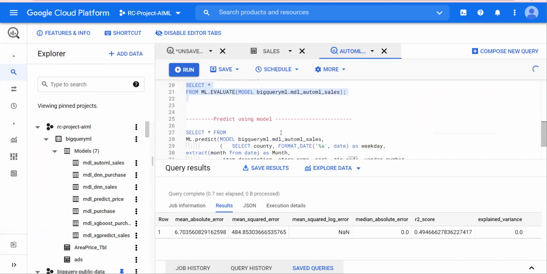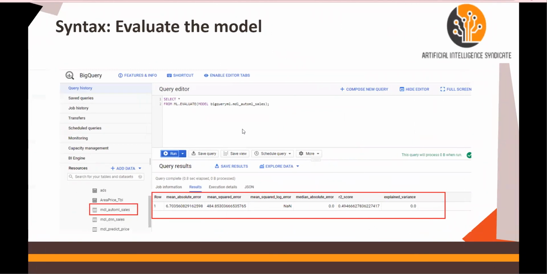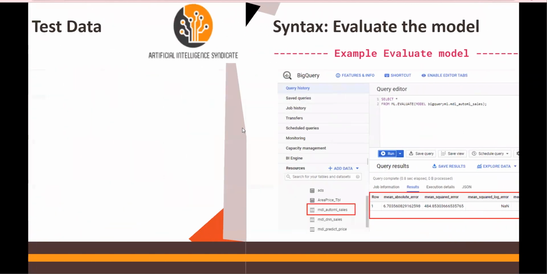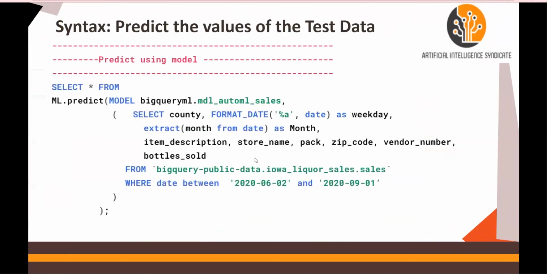And then we can use the predict. Let's go back here quickly. This is my evaluation. And then let's predict the values of the test data. Here, I'm going to use select star from ml.predict, which is the keyword, then the model, the name of the model itself, and the query. This time, the date is between 2nd of June to September the 1st of 2020.